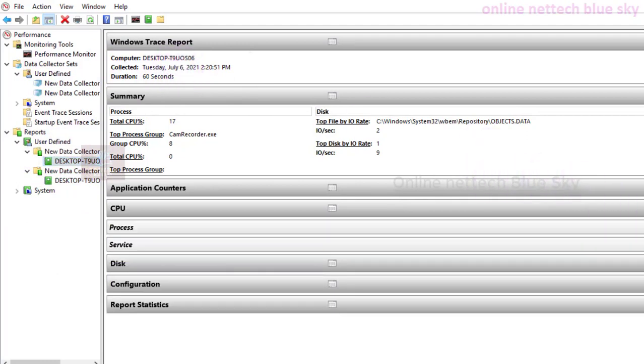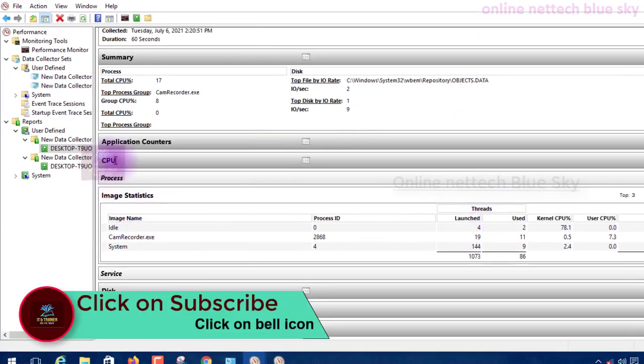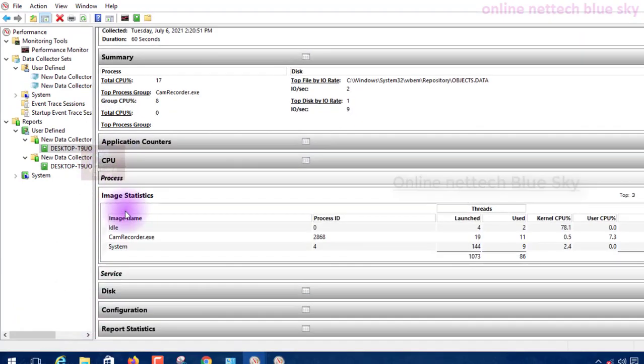So I'm going down and you can see process and it shows me everything, processor. CPU in the process, and processor, as you can see, this is showing me everything launched and used. I have a dual core, and this is a cam recorder.